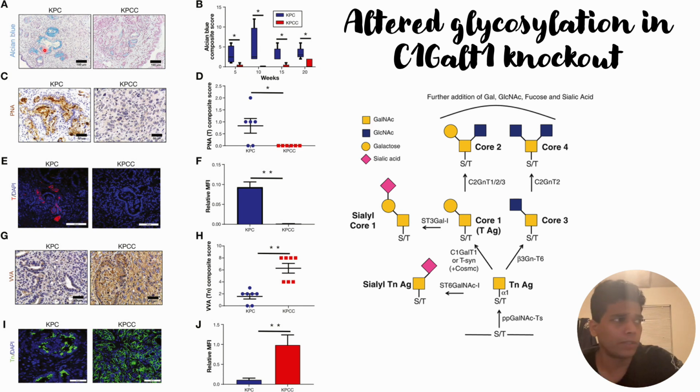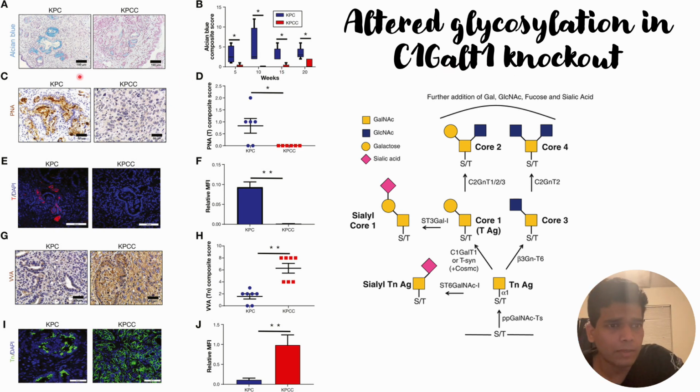That is, it has a KRAS mutation, and TP53 mutations are also there. And in the other case, we have all these mutations, along with that, we also knocked out the C1GalT1, and this kind of mice model we call the KPCC mice model. So in this figure, we will discuss the results about the change in glycosylation because of this